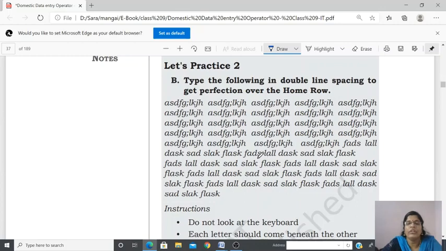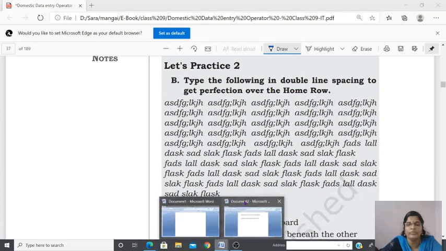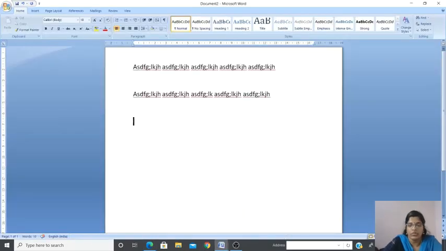If you want to write DASK, which fingers do you have to hold? Let me take a Word document also. See, I'm not looking at the keyboard. Using the index fingers, I'm checking whether my fingers are on the tangible line keys. I'm cross-checking that I'm keeping my fingers on the home keys properly. Yes, I have a sensation of tangible lines on F and J, so I'm holding it correctly.